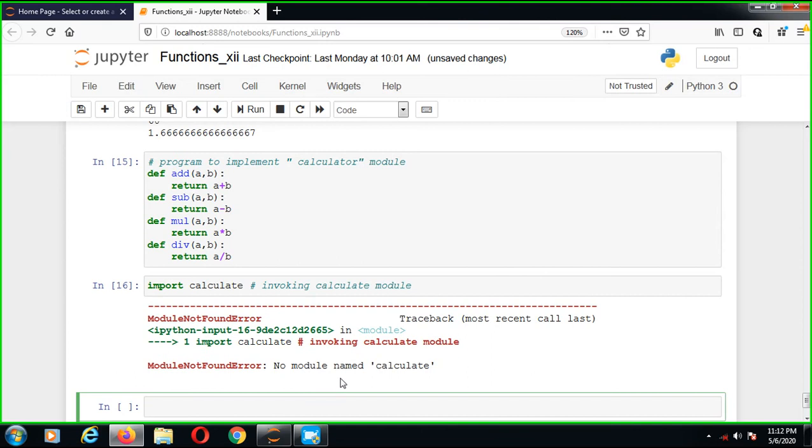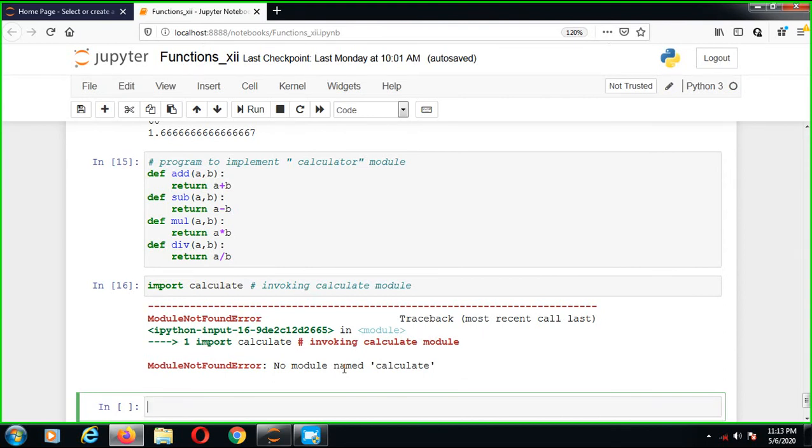So friends, we'll have to install the calculate.py value. First we'll have to create the module of calculate. Then we can use it with import calculate. And when we reach the upper level of Python, we can make a module, and we can install it also. How can we install the module? I'll show you.